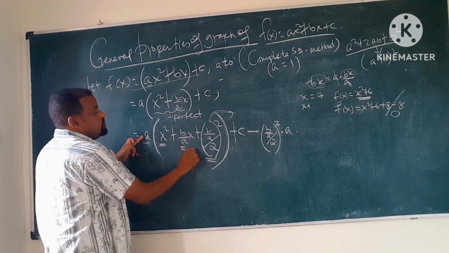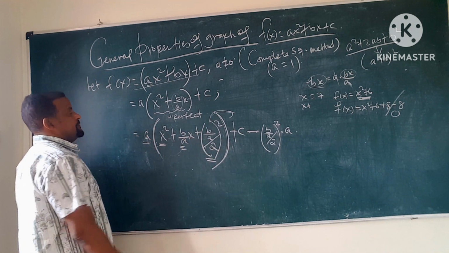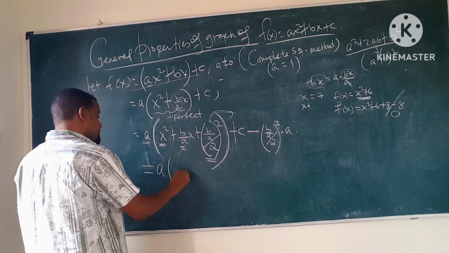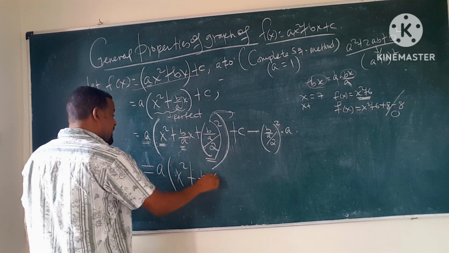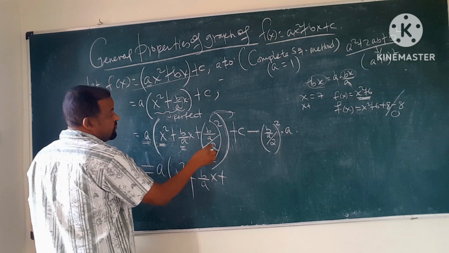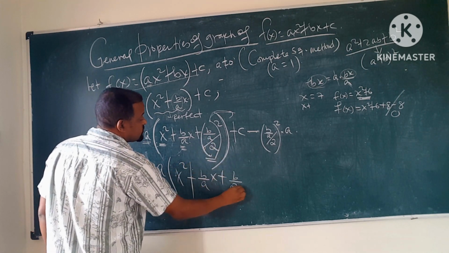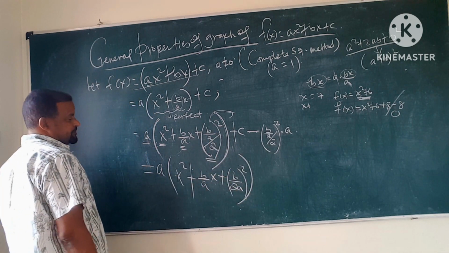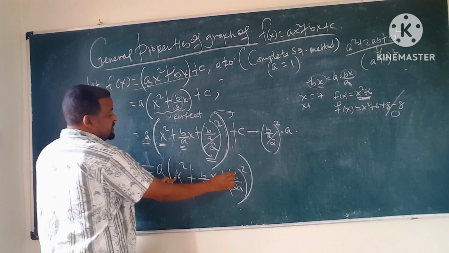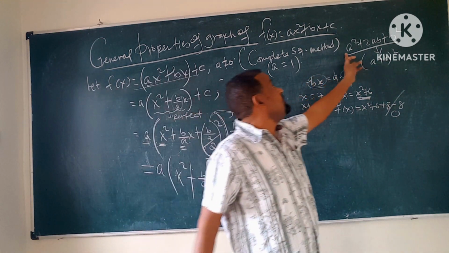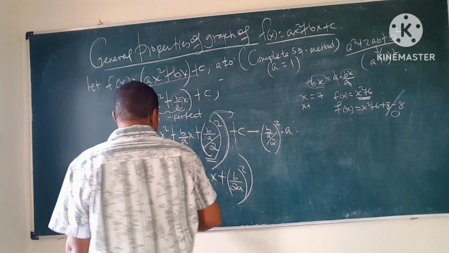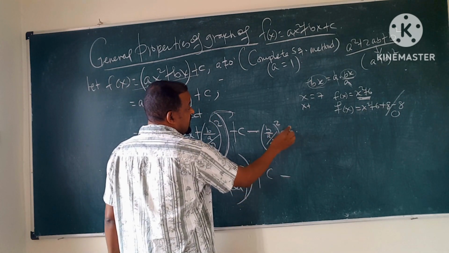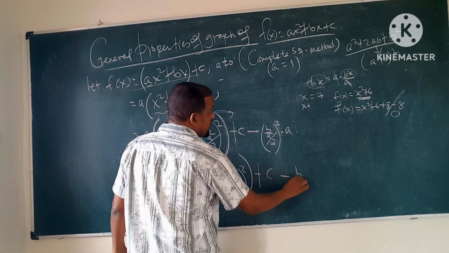Even though it is outside the bracket, it multiplies all three and relates to all three. So now the perfect square is set in this form. Let me fix it: a into x squared plus b over a x plus, b over a over 2 means b over 2a, then squared. So x squared plus b over a x plus b over 2a the whole square is the perfect square form. Plus here c minus, b squared is above. Here we have b squared times